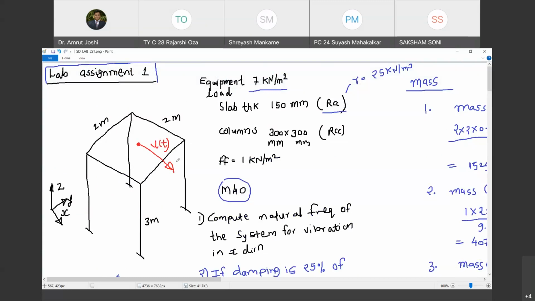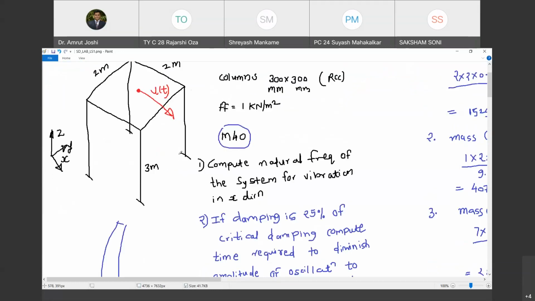in this fashion. Happy? In other words, what we are trying to say is this mass is allowed to move only in x direction. We are not allowing it to move in y direction. We are not allowing it to move in z direction. We are not allowing it to rotate about x axis, y axis, and z axis. When you have a lumped mass in a system which is amenable for its motion only in one direction, we call such a system a single degree of freedom system.